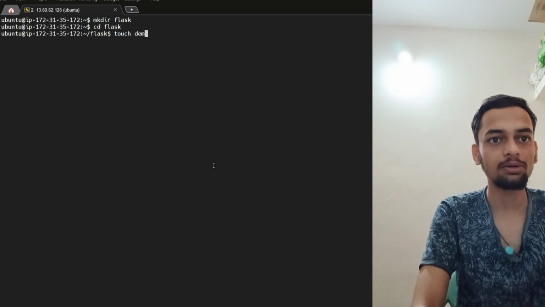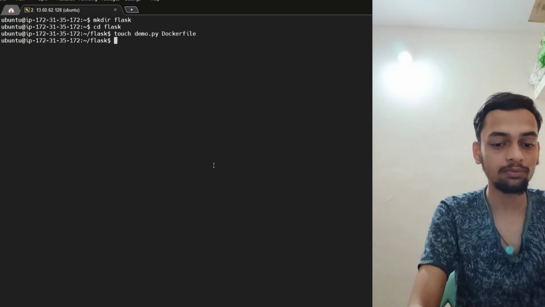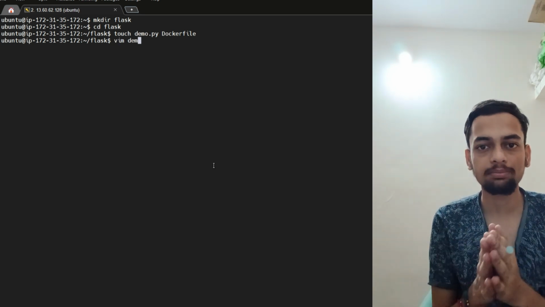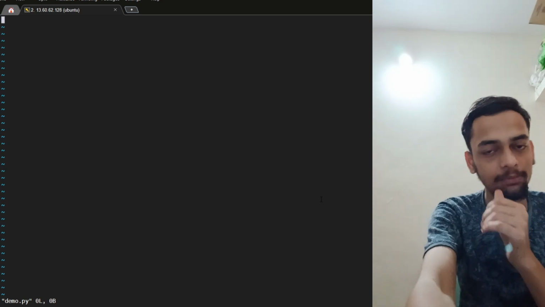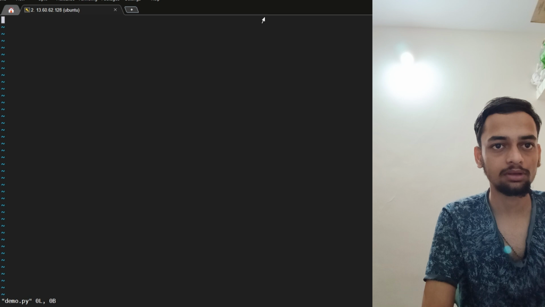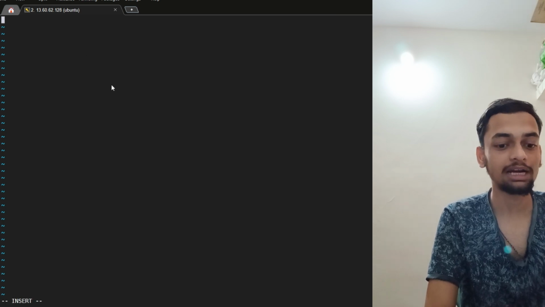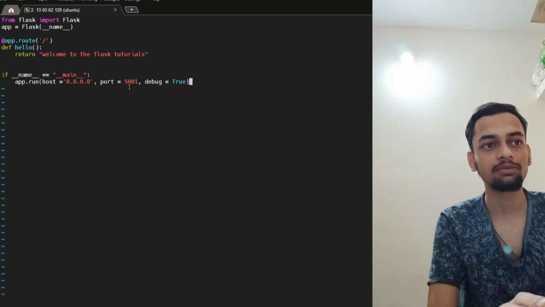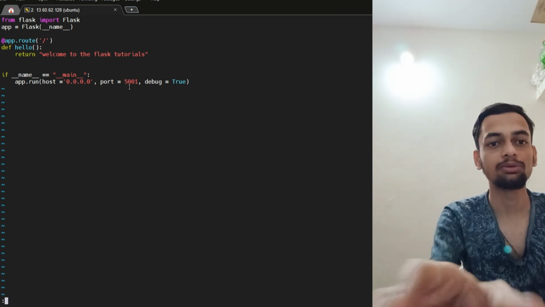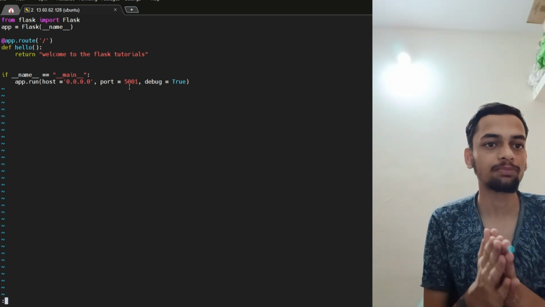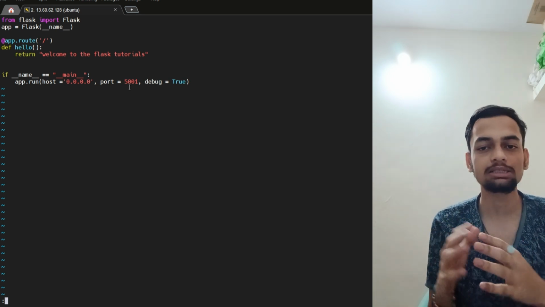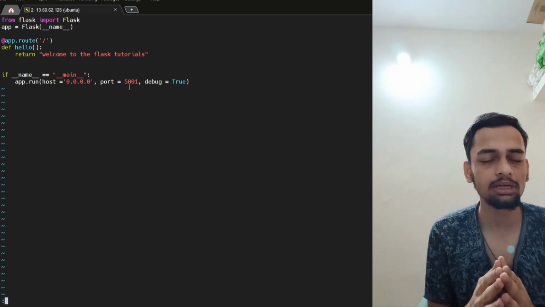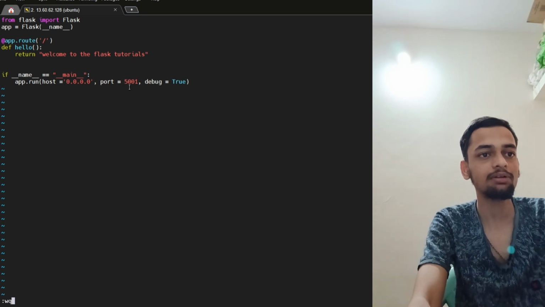Okay, now we have the two files over here, and in the demo file, I just add some things into it. This is a starting boilerplate of a Flask application. I just copy some starting boilerplate code of Flask, and I will paste it over here. As you know, it is importing Flask from flask, and it is assigning a Flask into the app, and it is running that app under the port 5001. And we have previously discussed how we can get access to the 5001 port of the EC2 machine using the security groups. And now I will just escape it and I will save,